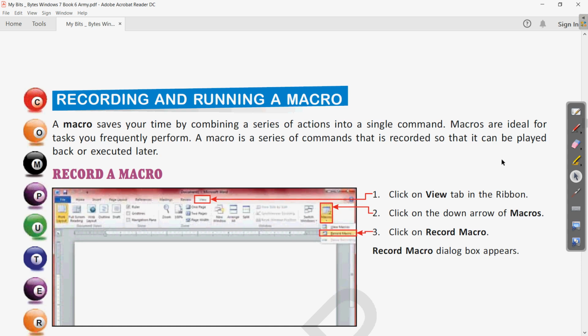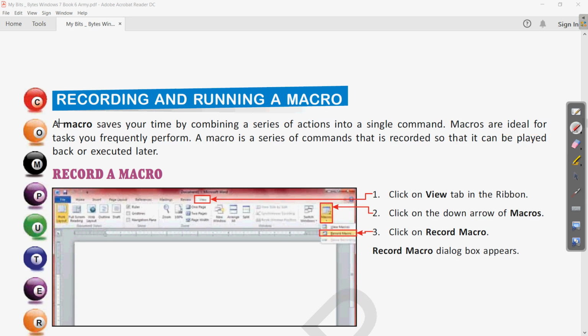Okay, so macros are... What is the use of macro feature? So here we can write from here that macros are ideal for... or you can write the whole paragraph also, yes.